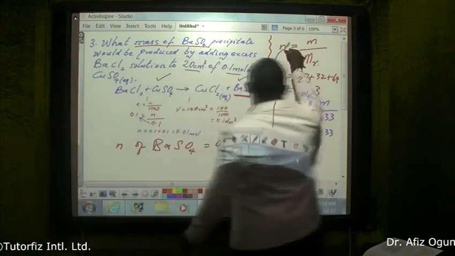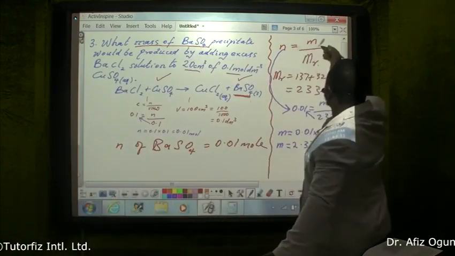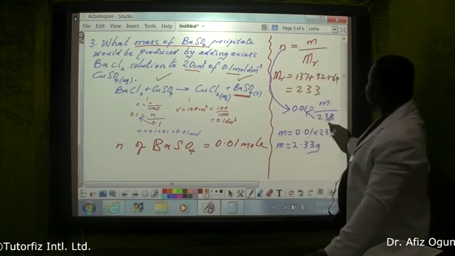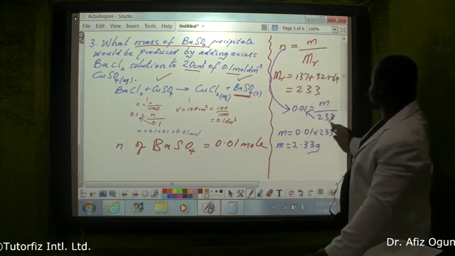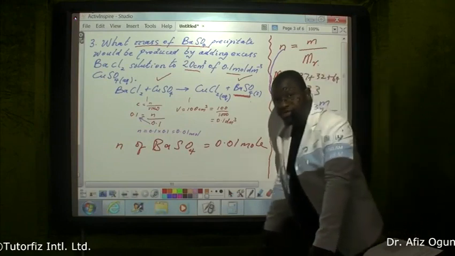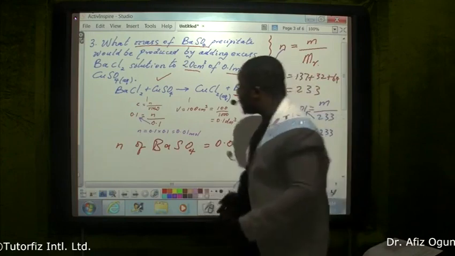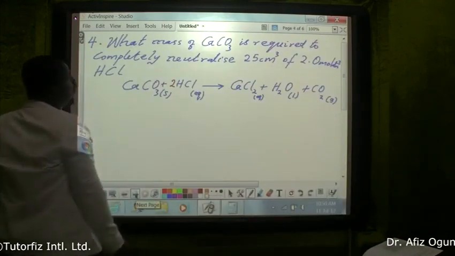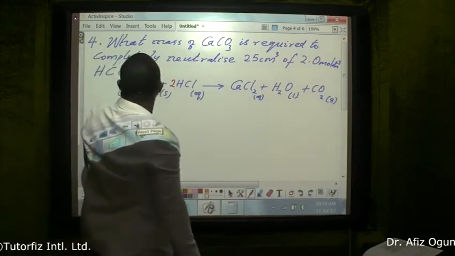So using this formula, n equals mass divided by molar mass. 0.01 equals m divided by molar mass of barium sulfate. I calculated it to be 233, and I got my m to be 2.33 grams. Easy or not easy? Easy as ABC. Now let's look at other formulas. This one